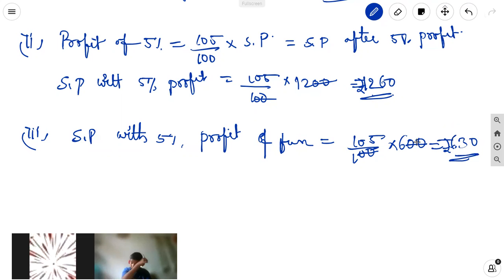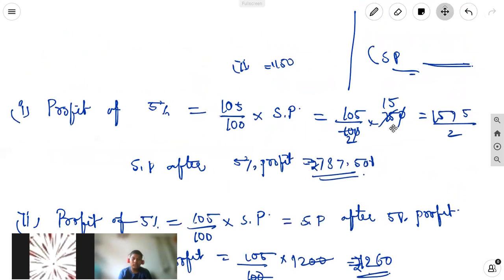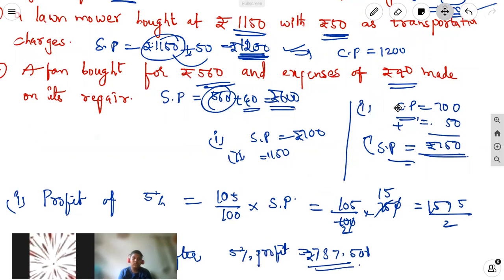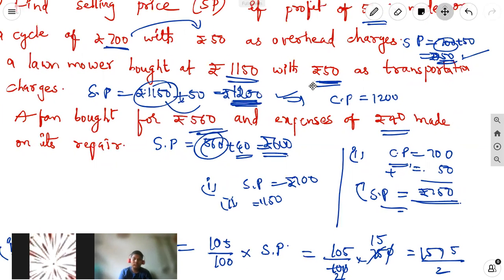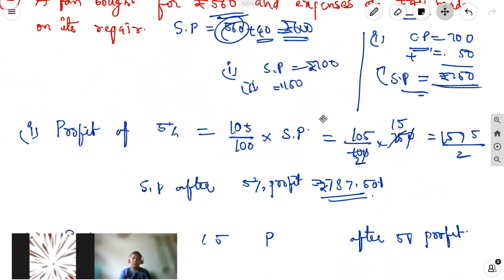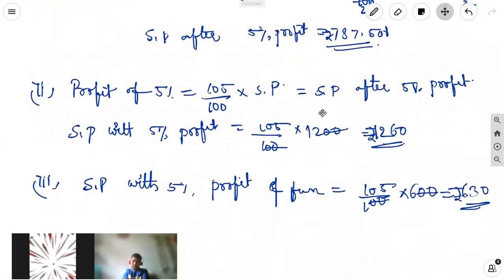Okay. That way, with the profit, what is the selling price? But actually, after repairing, what is the selling price? There is zero profit of the selling price, and how much is the cost price, and on that, what are the transportation charges or repairing charges or labor charges, whatever. Overhead charges means labor charges, whatever there are. We just think over what they have given, how to find out with the profit and without profit, and how to find out the selling price or cost price of the actual amount.